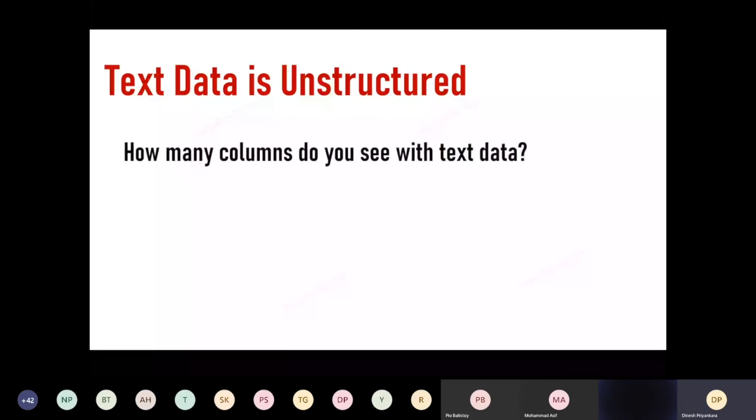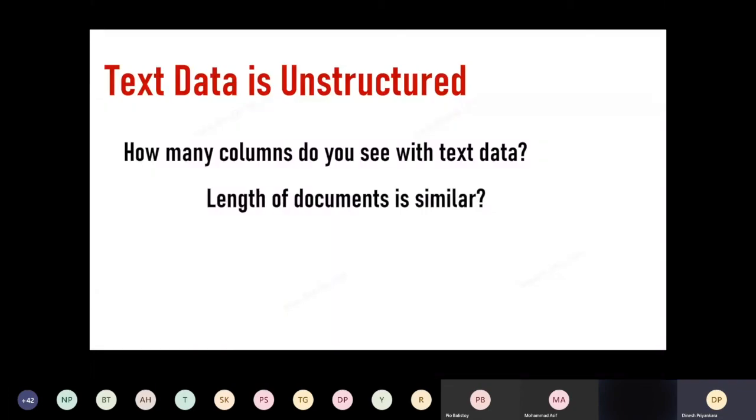Likewise, there are certain areas to be considered when you do text mining or sentiment analysis. How many columns can we set with this text data, or do we really have to go for columns? What's the length of this statement or document? Can we arrange it as a data set, or can we apply some mathematical formula to it?